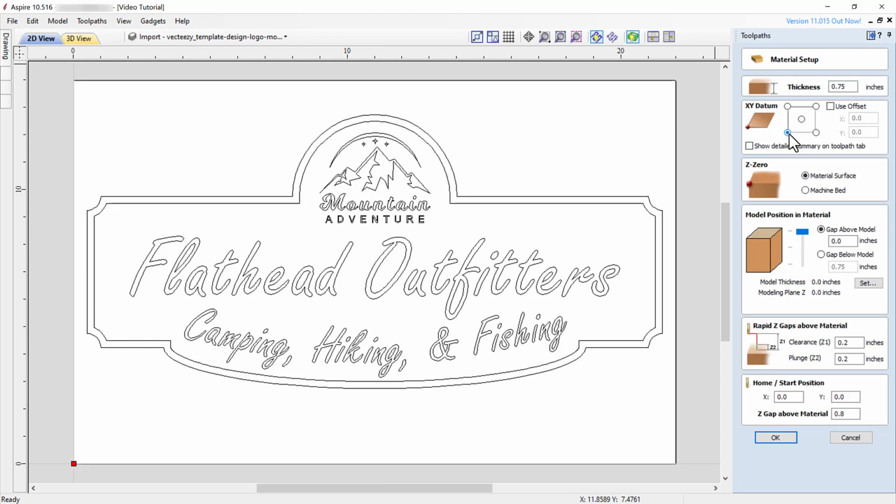Click the bottom left toggle button and you'll see the XY datum position change from the center to the bottom left, where the small red square represents our XY datum position on our material. We do this because it is much easier to zero the X and Y coordinates on our CNC machine to a corner of our material rather than to the precise center.